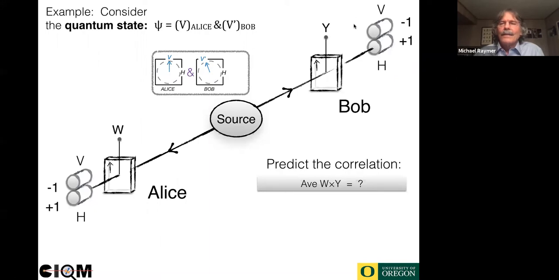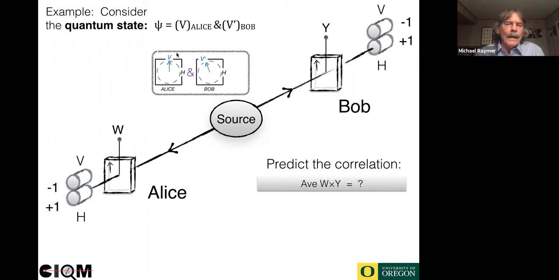The answer is, aha. Think again. Is this an entangled state? I can write this state here as a product of Alice's state and Bob's state. And I said earlier that anytime you can write it as simply a product where Alice has a definite state and Bob has a definite state, that's not an entangled state.